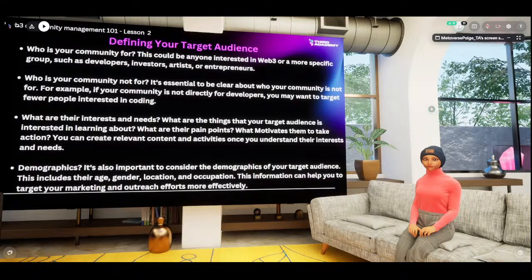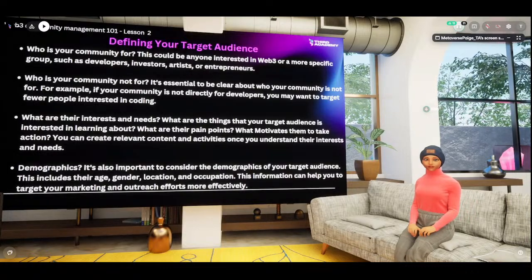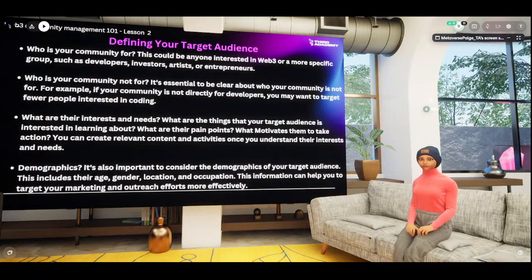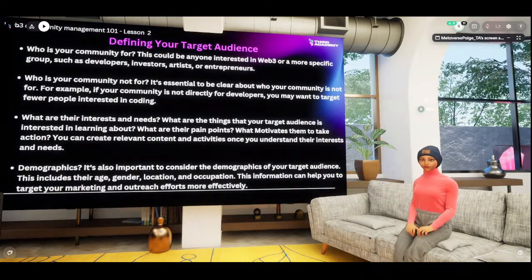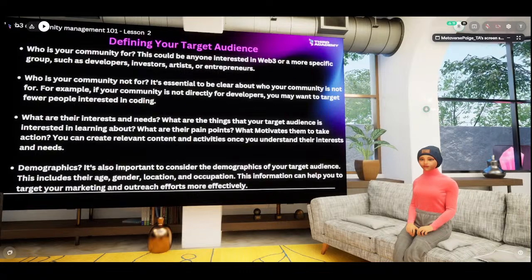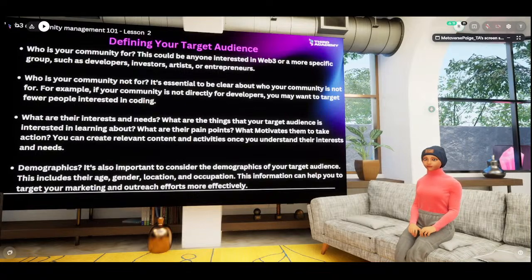You want to see your strategy and know how far you have been going, and if you have been targeting the right set of people. Probably that could be why you have been struggling, because you're giving your content to the people that it's not meant for, or you're giving the wrong content to the right audience.